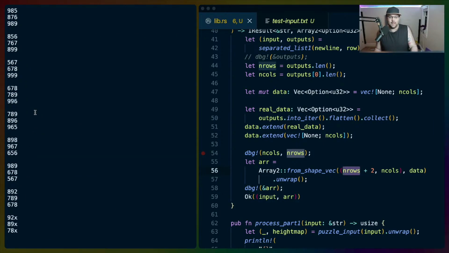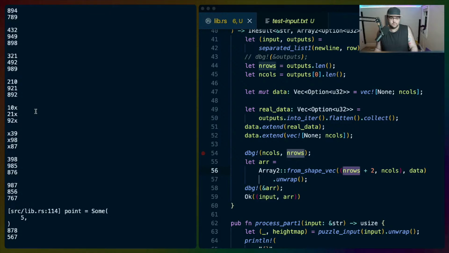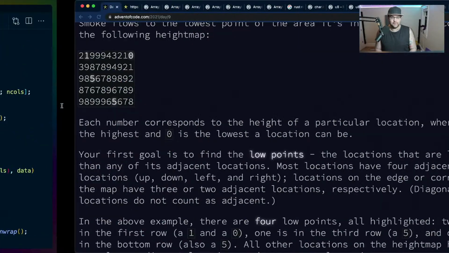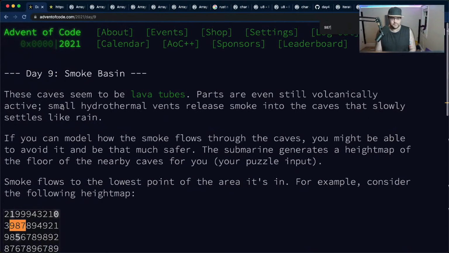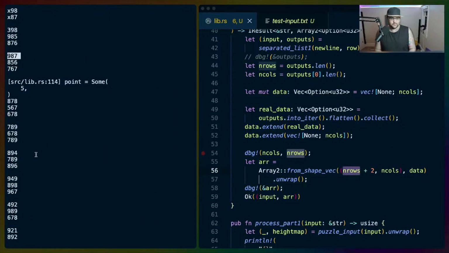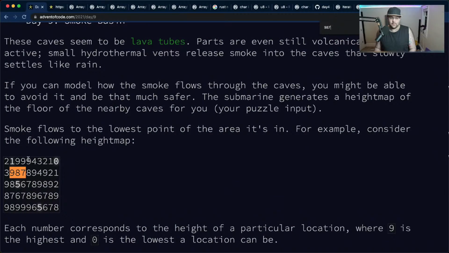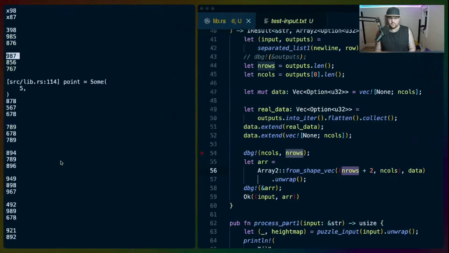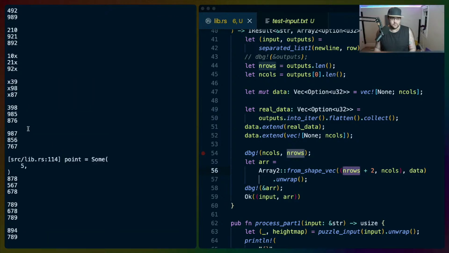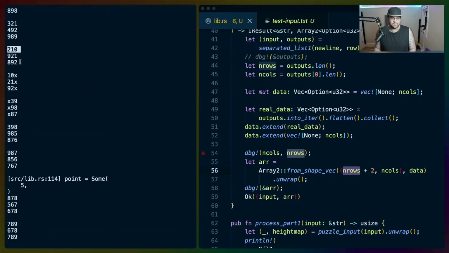Okay, we still only get 5 in our results. Nine, 8, 7, 8, 5, 6. 8, 7, 8, 5, 6, 7, 6, 7. So that is correct. And then we should have a 2, 1, 0 or a 1, 0. Right? This is 2, 1, 0. This is 1, 0, 2, 1,